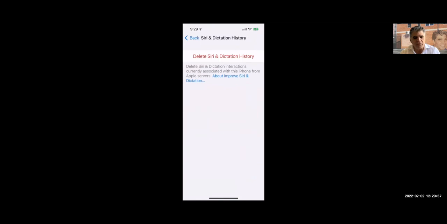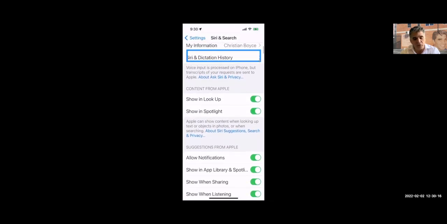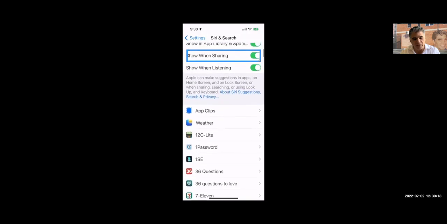If Siri's not quite working right, you could basically start Siri over, and this might help out with Donna, whose Siri wasn't suggesting the right things. So this is where it's all controlled. So you can turn off a lot of these things, and